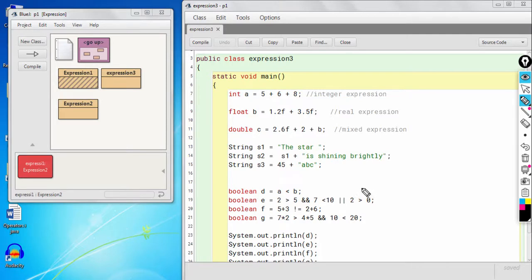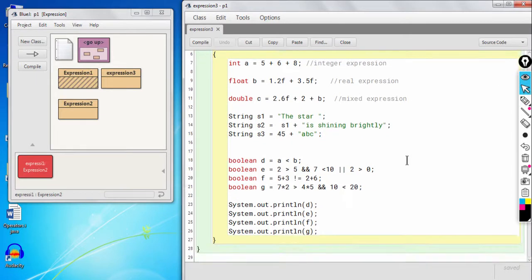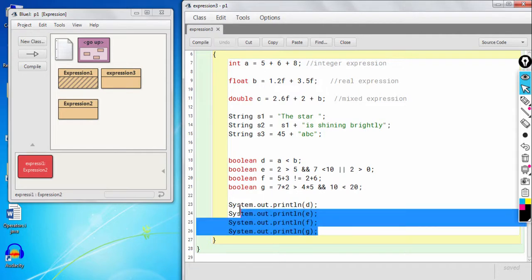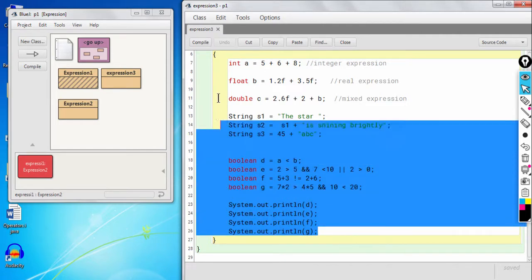So what you can do is you can send me the output for this particular program.